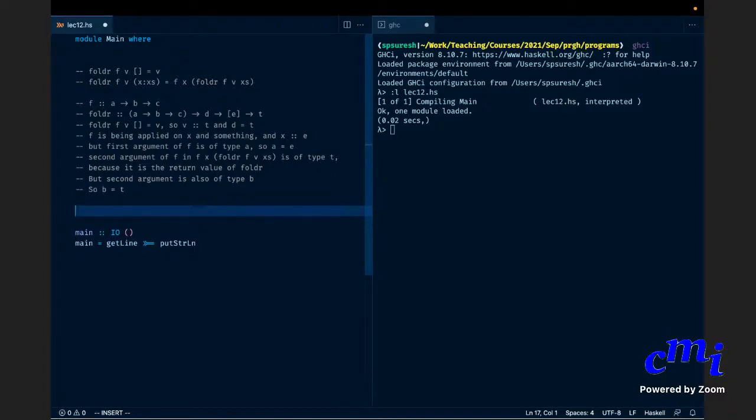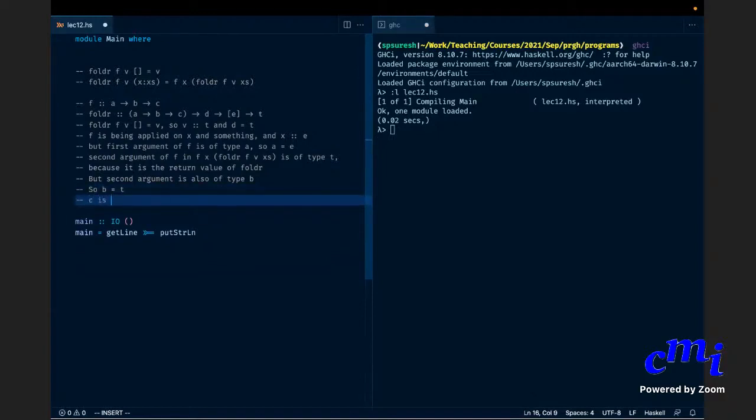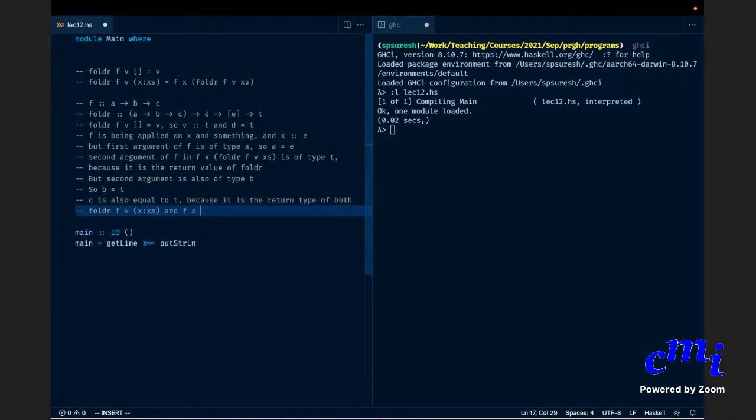C is also equal to T, because it is the return type of both foldr f v (x:xs) and f x (foldr f v xs).